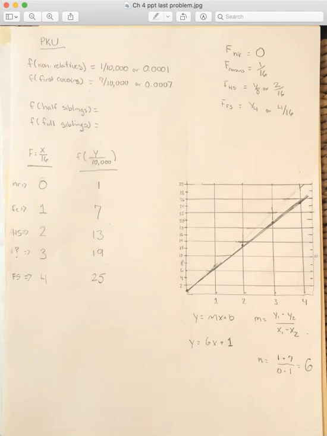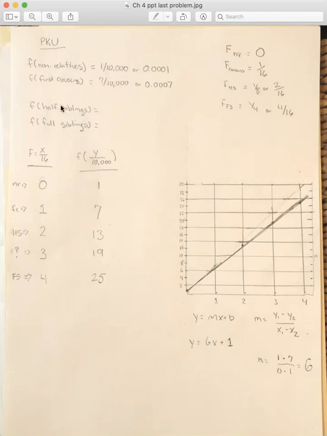Okay, so what we want to do is we want to say, okay, what is the inbreeding coefficient of non-relatives? And then how does that compare to the incidence of PKU? And so here, F of non-relatives is 0. The inbreeding coefficient of first cousins here is 1/16. And so now we have 0 paired with this particular incidence, 1 in 10,000 in populations with inbreeding coefficients of 0. That's how many you get. In populations of inbreeding coefficients of 1/16, that's going to cause it to go up. How much does it go up? It goes up from 1 in 10,000 to 7 in 10,000.